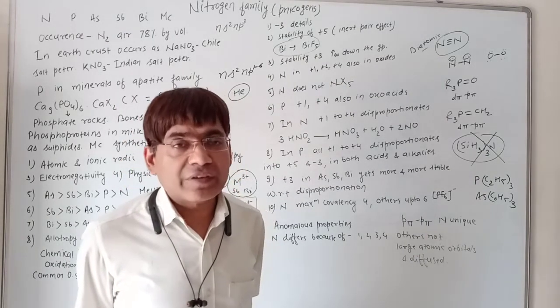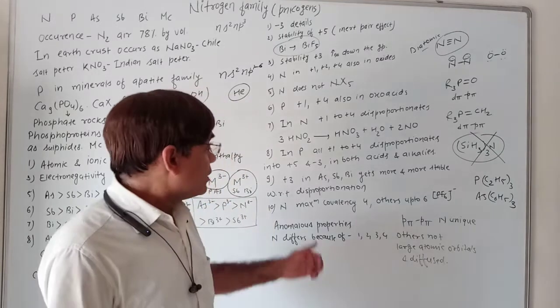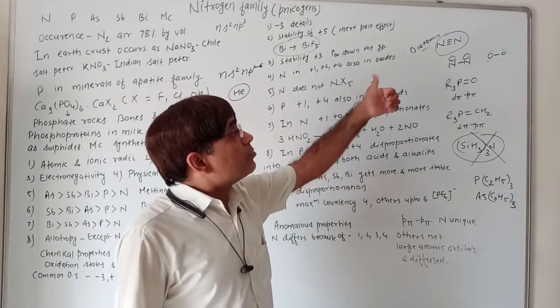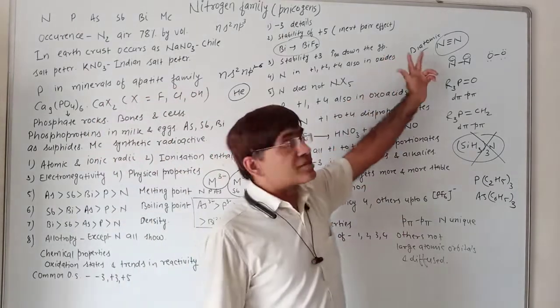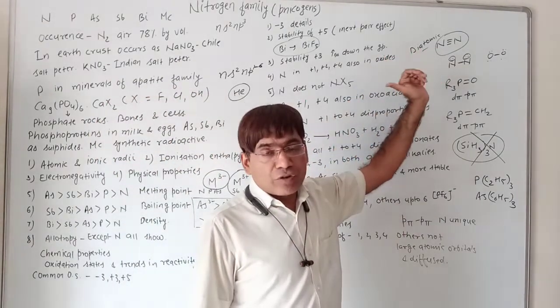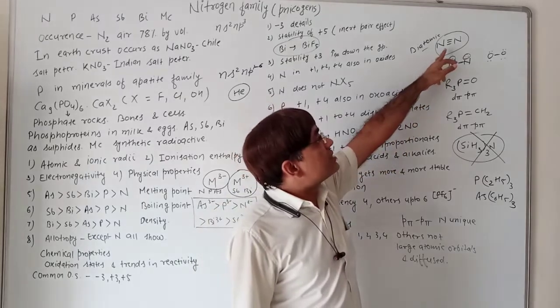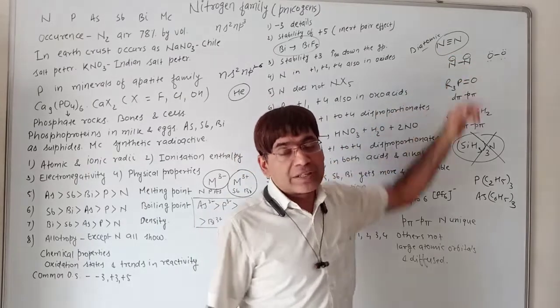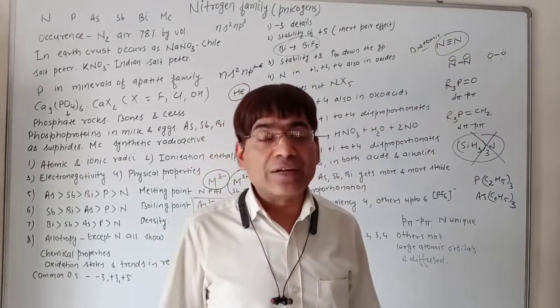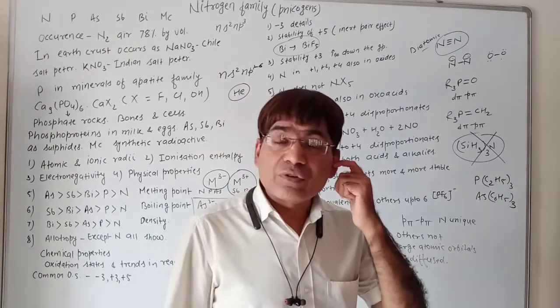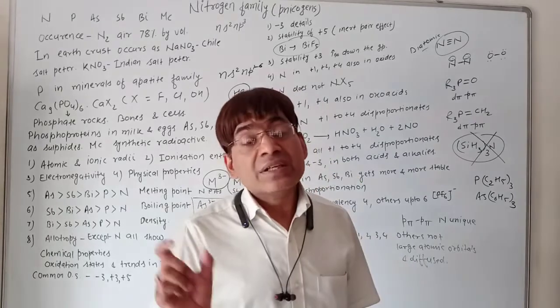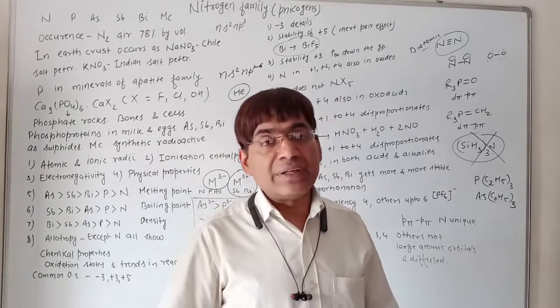Is it clear to everyone? Fine. Now next is what? So we say because of this unique p-pi bonding ability, nitrogen exists in that diatomic form, N2. It is one sigma bond and two pi bonds. So it is because of its unique ability that nitrogen exists in N2 form, while the other elements are polyatomic, in which single bonds are present between element and element.